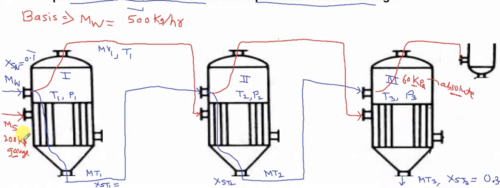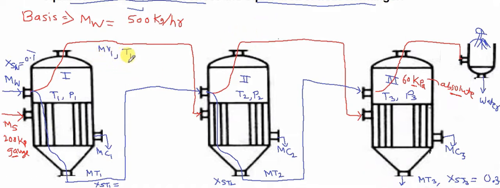While in the first effect, the steam coming to the evaporator is given as gauge pressure. So from this pressure, by using the steam table, you can find the corresponding temperatures. Here you will get condensate MC1 from the first evaporator, MC2 from the second evaporator, and the mass flow rate of condensate from the third effect will be MC3. Similarly, in the final effect condenser, when water is sprayed on the vapors, you will get water outlet here.